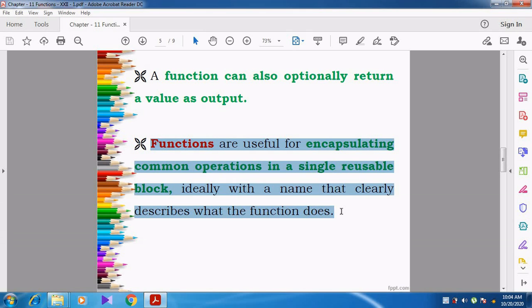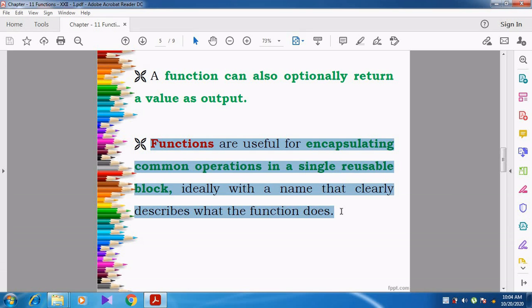Some common operations which are reused again and again can be given within a block, and that is called a function.